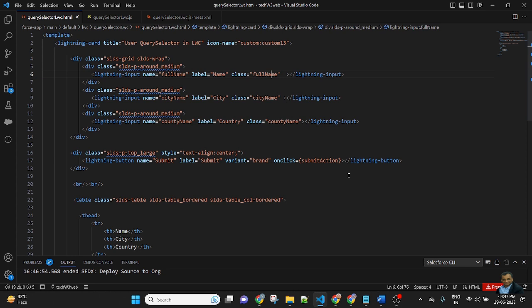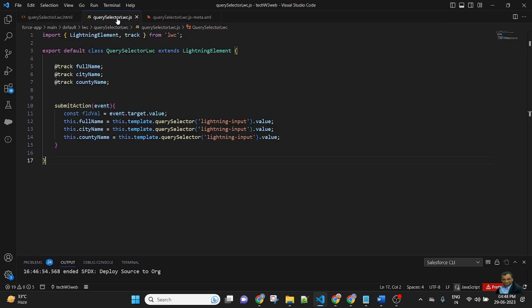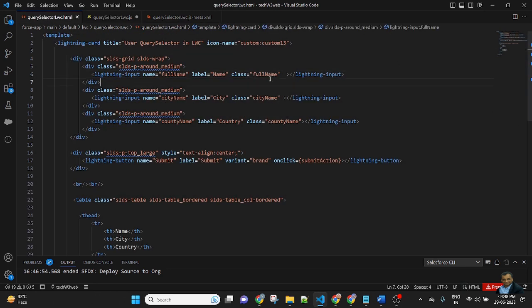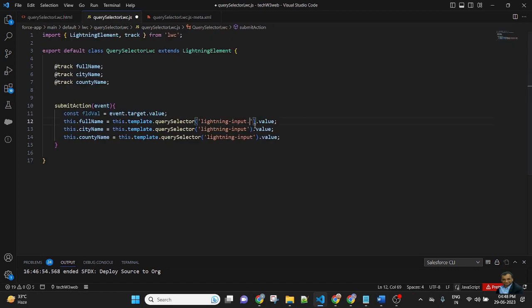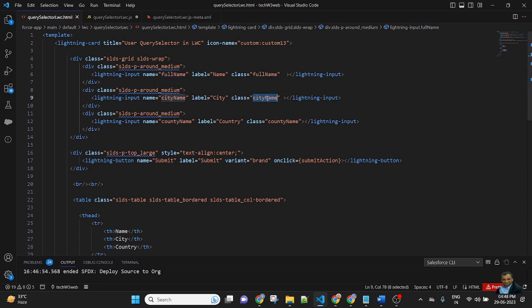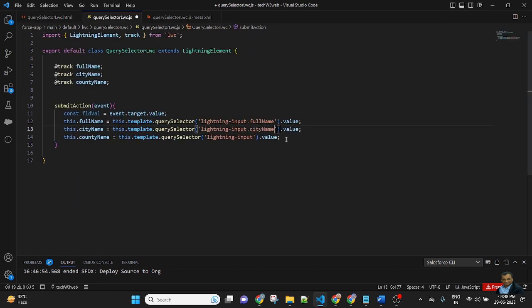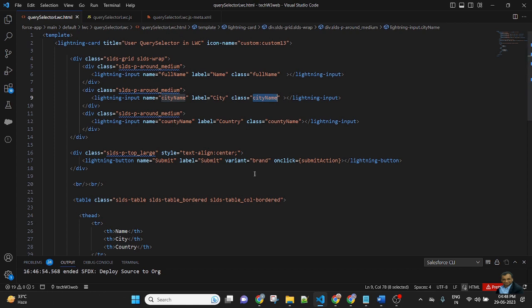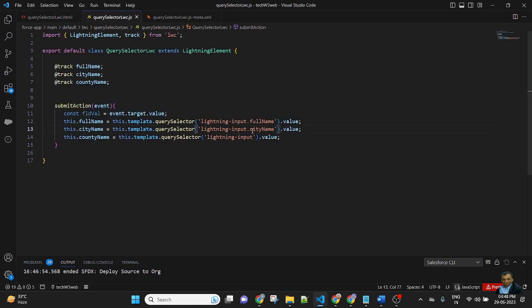This class name will be passed into the JavaScript. So for the full name, lightning-input .fullName. This is the city name, so this class name will be passed for the city name, and the country name class name will be passed for the country name.